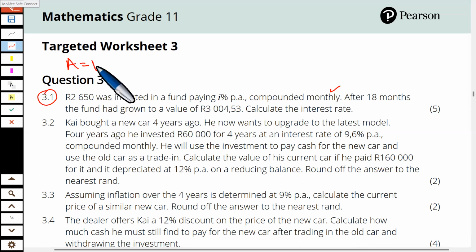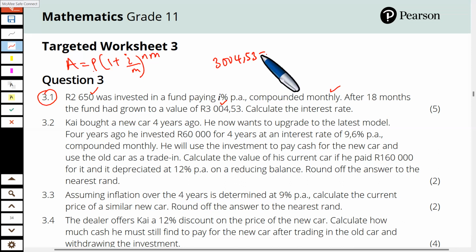For investments that are compounded monthly, I prefer that you use the nominal rate formula. So you already divide by M and you have M and M like this. After 18 months, the fund had grown to the value of these. So this is what was invested, the principal, but it grew to a value of